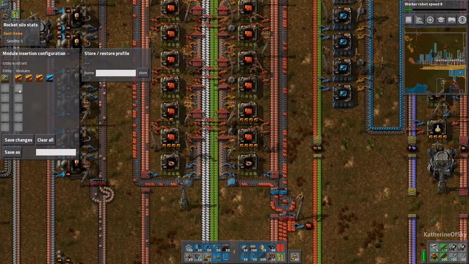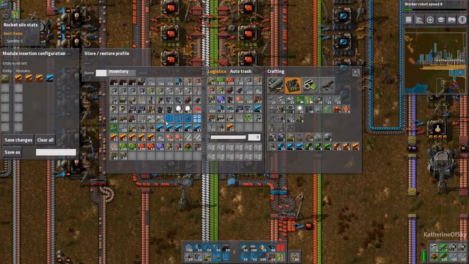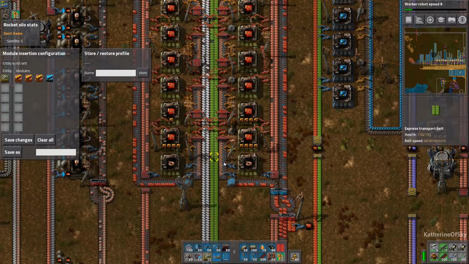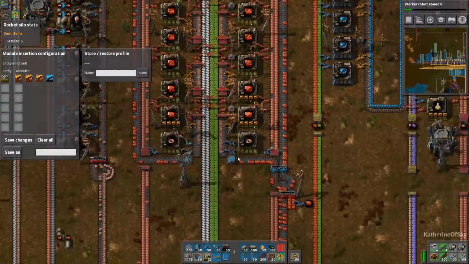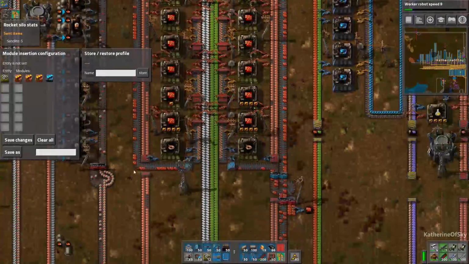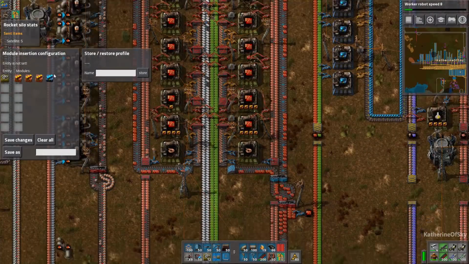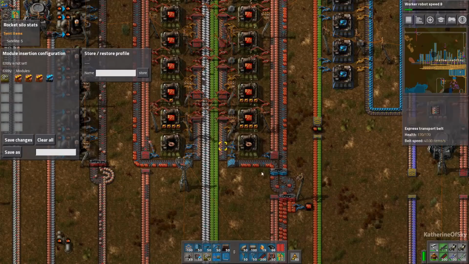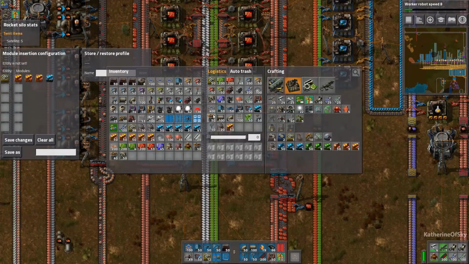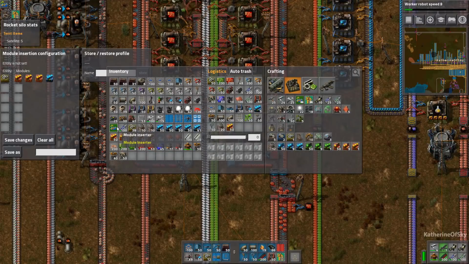Now you can't actually click this, you have to drag them from your inventory, which makes it inconvenient if you don't yet have these modules. The other thing is this is not programmable, i.e. it's not the same as using a blueprint with modules in it. In this configuration with module insertion, you have to have the modules on you,